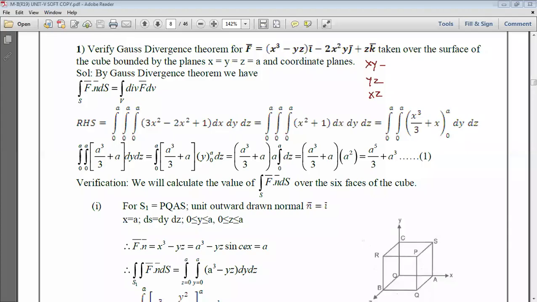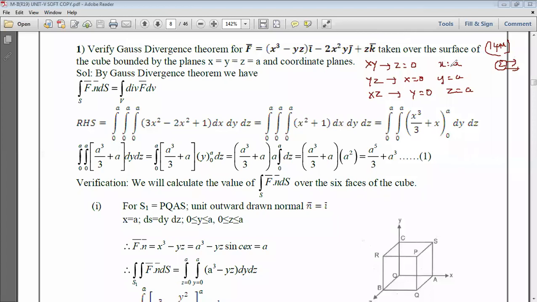This is a very important problem. The x limits, in place of a, they can give 1 1 1, like this also they can give. You just need to try to understand this one, very important, a 14 marks direct question. In the Gauss divergence theorem, 14 marks means only two problems: one is the cube problem, another is the cylinder problem. They may ask you to evaluate, and evaluate means only one is enough.